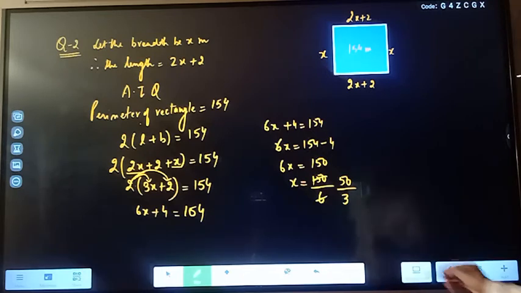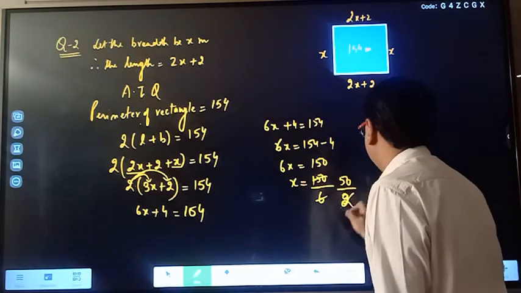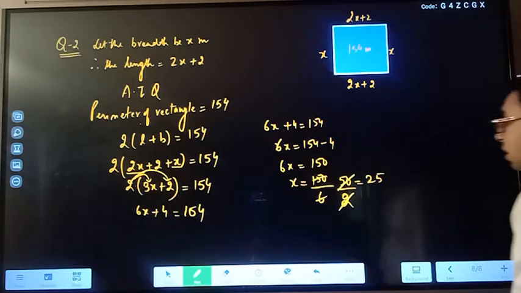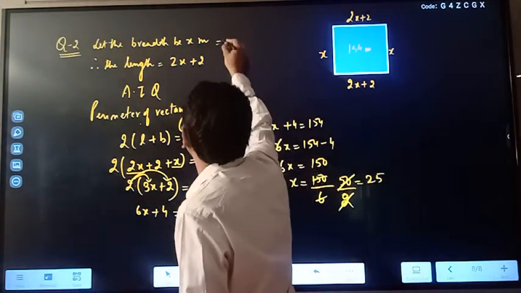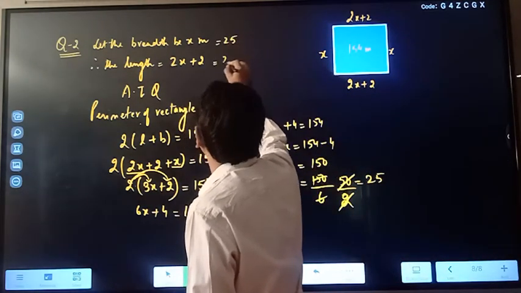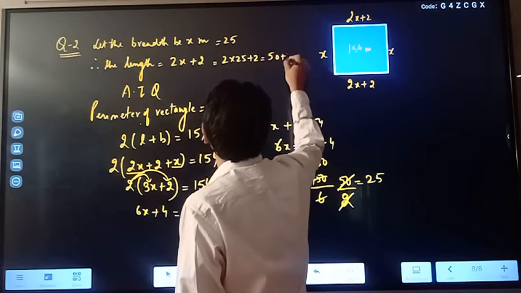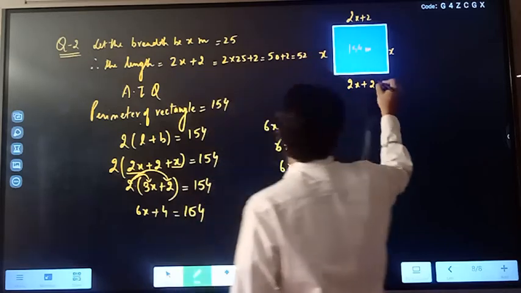Sorry, it will be 25. My bad. Okay, so breadth is equal to 25. So what will be length? Length will be 2 into 25 plus 2. It means 50 plus 2. That's 52. Therefore, length is 52